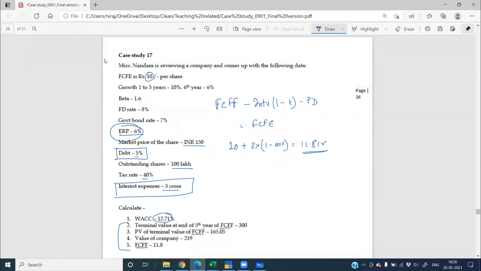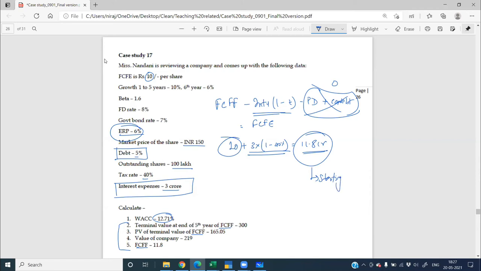Right. That's true. Right. So इस फॉर्मूले में हम वो भी लिखते हैं ना, कैपिटल एक्स में लेस. Correct. It is not given in the, but ये और ये दोनों information कहीं available ही नहीं है, so it will be 0. So what is only important is interest into 1 minus tax. So वो आ जाएगा 3 into 40%. 10 is your FCFE. So you adjust that, you will get a FCFF of 11.8 crores. So this becomes your starting point now. Okay, this is your starting point. अब इसके basis पे we will have to solve the entire sum.